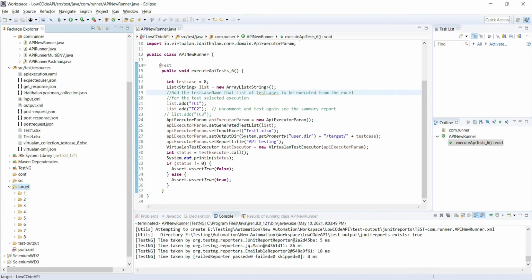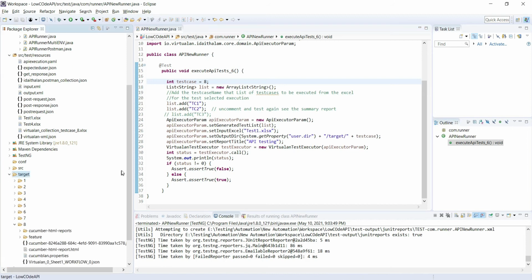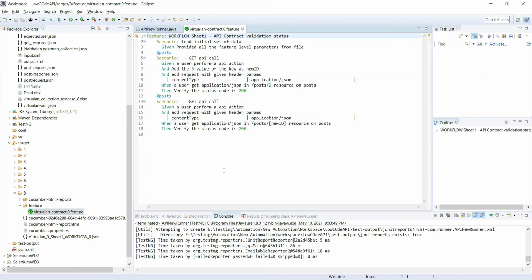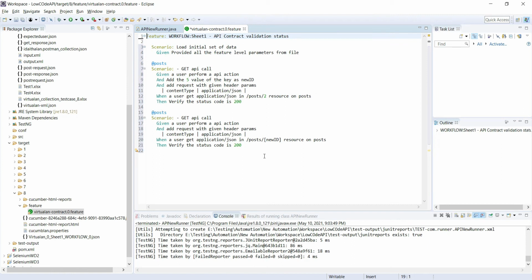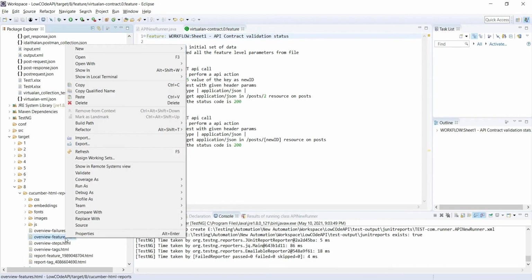My test case name is 8, so the 8 folder has been created here. Let me open a feature file and we will see the feature file here. So you can see that here it is passing a new ID. And let me open the feature file,